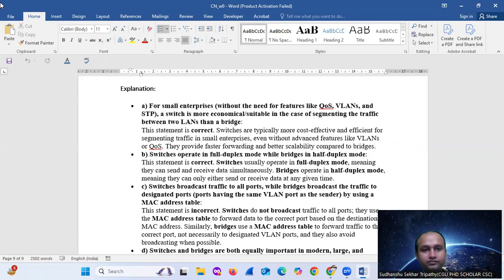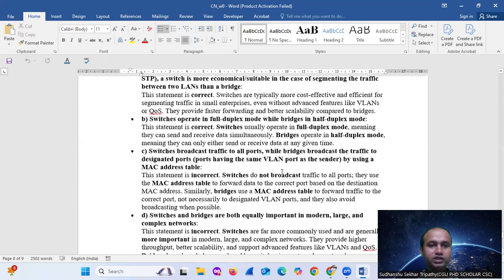Okay, a switch is more economical or suitable in the case of segmenting the traffic between two LANs than a bridge. So the statement is correct because switches are typically more cost effective and efficient for segmenting traffic in small interfaces. Obviously, even without advanced features like virtual LAN or quality of service, they provide faster forwarding and better scalability compared to bridges. So ये true हो गया।